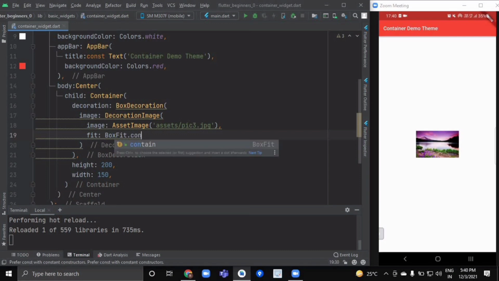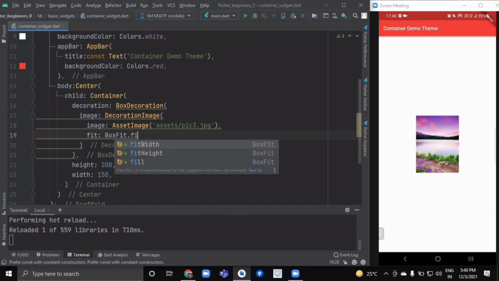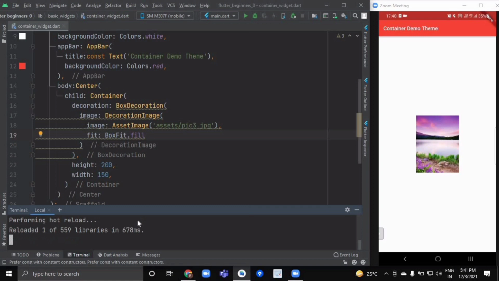If you want to cover the complete container without cutting the aspect ratio, it will cover the complete container according to the height and width, but still some part of the image will be cut down. But if you want to make it fill, we'll change it to fill. Now our image is completely uncropped and it is completely inside the bounds of height and width of our container.